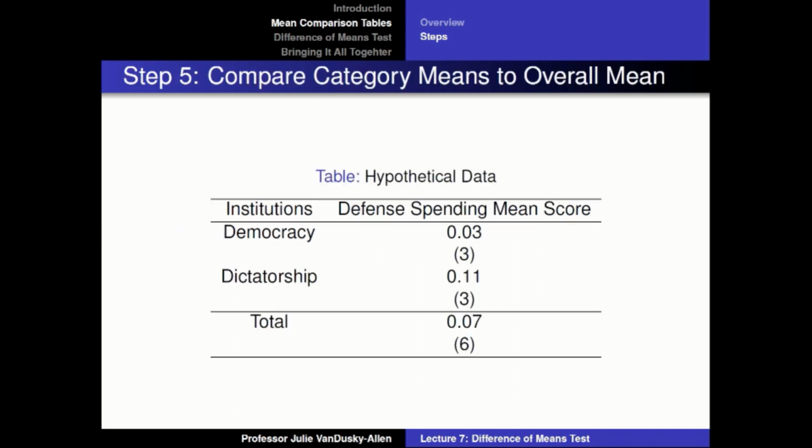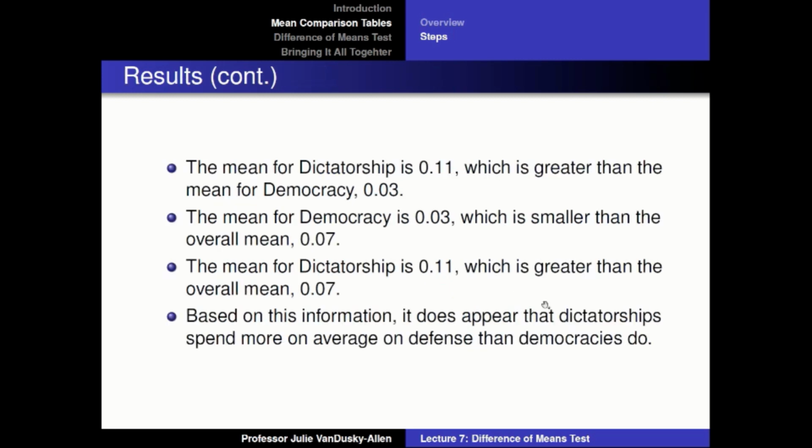You can also compare the mean values of the dependent variable for each category of the independent variable to the overall mean of the data. The mean defense spending for democracies was 0.03, which is less than the overall mean of 0.07, and the mean of dictatorship was 0.11, which is greater than the overall mean of 0.07. Based on all of this information, we can conclude that dictatorships spend more resources on defense spending on average than